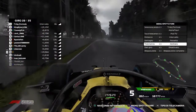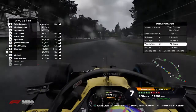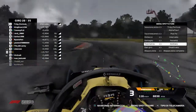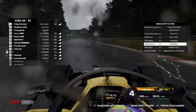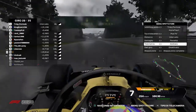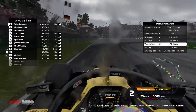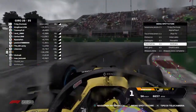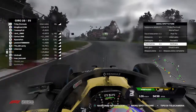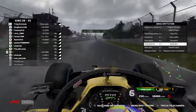But I mean, the track is wet enough, actually. I don't know, with 7 laps remaining, that much rain on the circuit, what do you do apart from Trap Formula? Yeah, it's raining a lot. If you go on the onboard, it's really looking like... Yeah, we're on board with him right now, but he's kind of locking up at every corner. He has lost some time. He's 14 seconds back. He's really good on the traction zones, because he gained like...